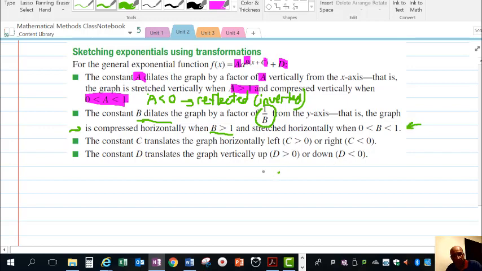And constant c is that translation there, and basically it's to the left when it's plus, and when it's x minus, i.e. c is less than 0, it's to the right. And d moves d units up or down, including the asymptote, depending on whether d is positive or negative. So it moves every point, including the asymptote, which is related